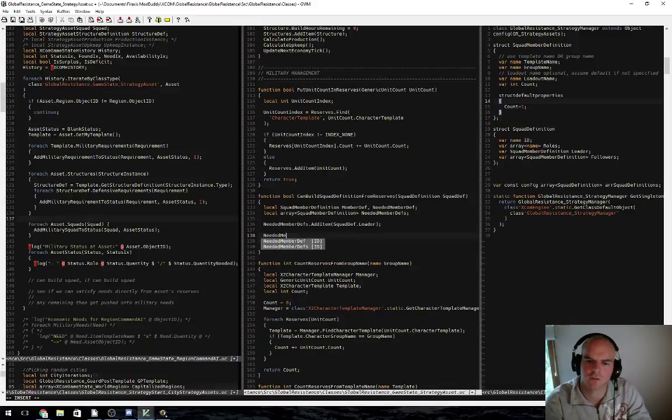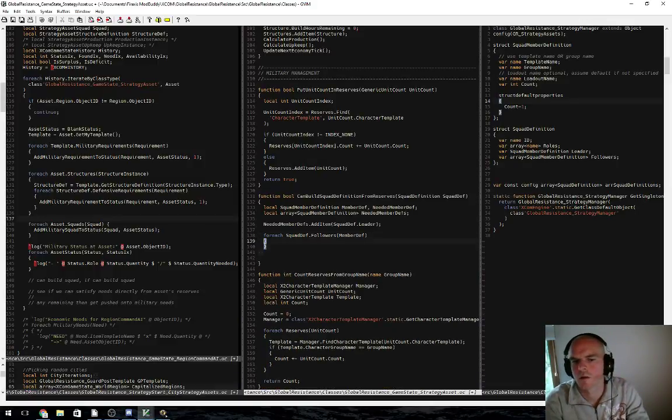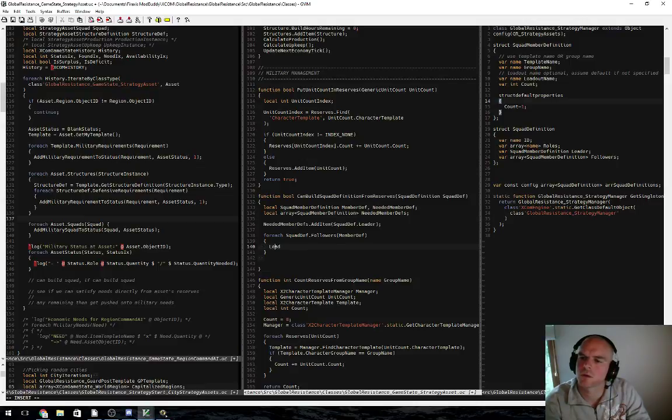Then we'll go needed member def dot add item. Sorry, squad def dot followers. We're going to for each that, and that'll go member def. Alright, what do we do with that? We will, if member def dot template name